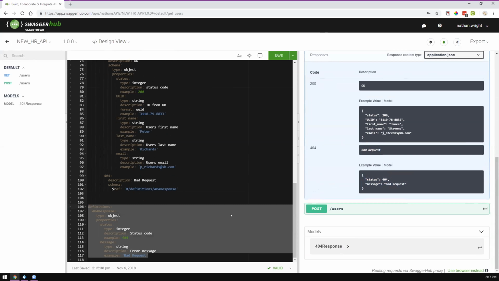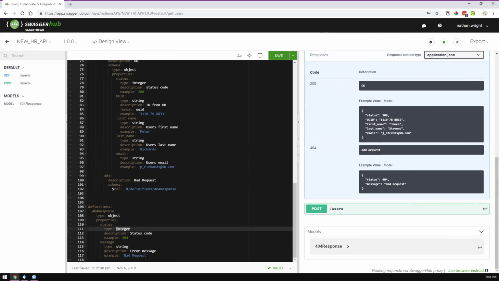So right off the bat, this is going to help us define one instance of this response. As opposed to trying to maintain this across all these different paths and all these different requests that we need to support, we can essentially just create a reference here to the definition at the bottom of the page. And this is huge because if we ever have any kind of request for this to be actually a string and we need to change this value,